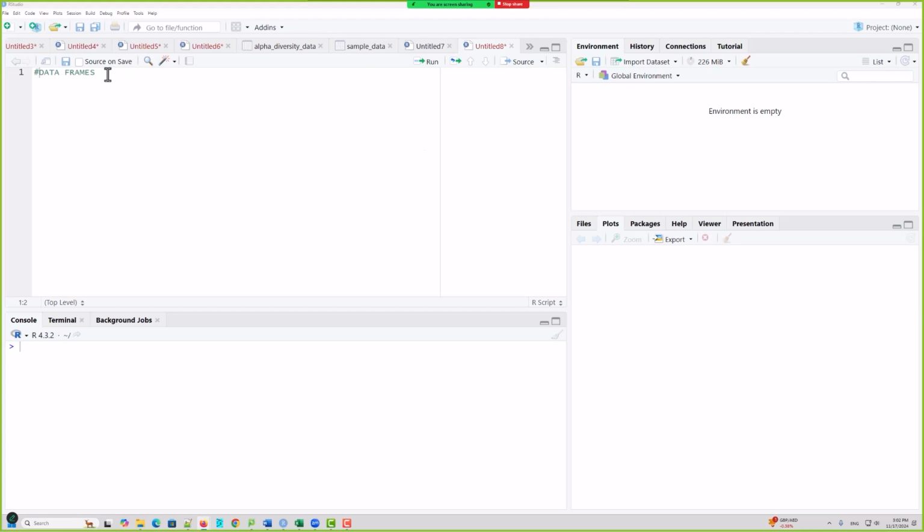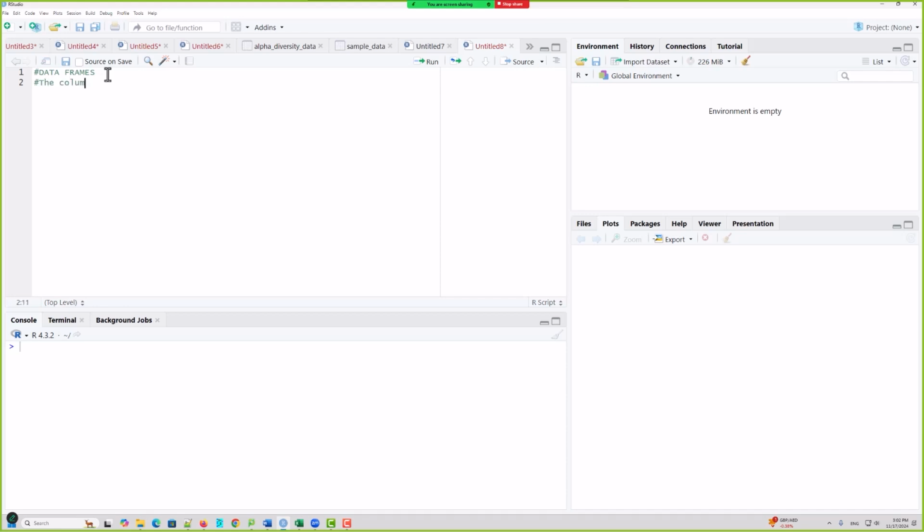Don't be confused: when we analyze data in an Excel sheet, that Excel sheet is a data frame because we have specific row names and specific column names. Okay, but whenever you do this type of analysis in R, there are a few rules you have to follow. The first one,